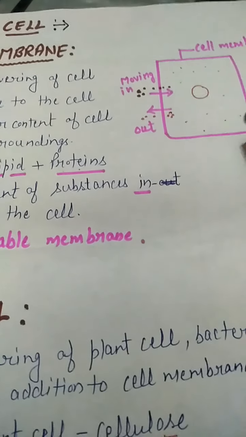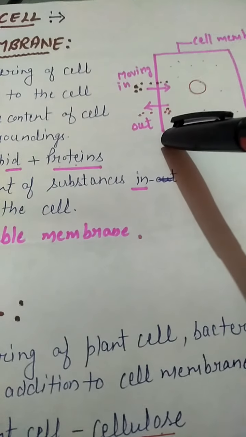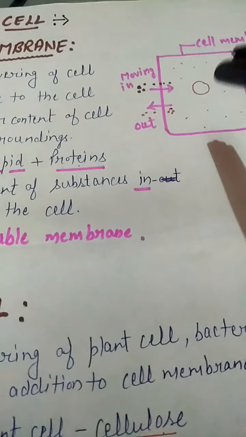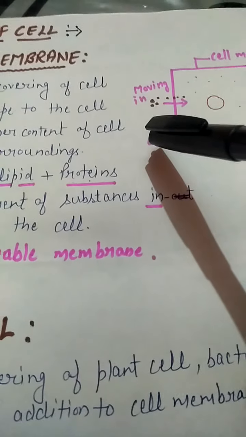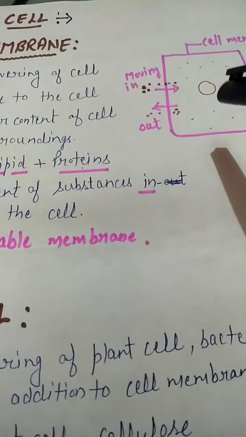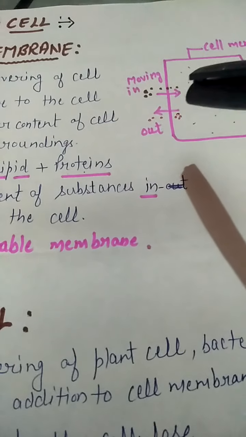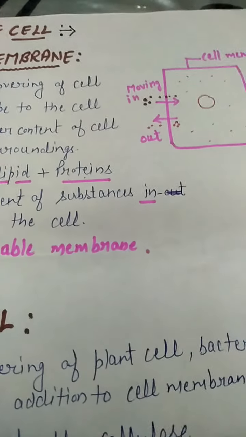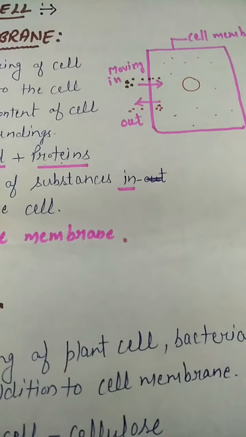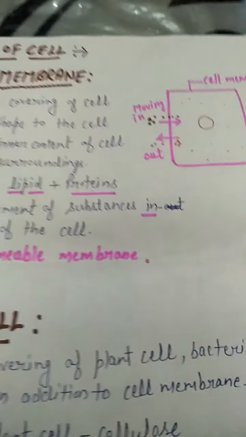Plasma membrane is a semi-permeable membrane. Why do we call it a semi-permeable membrane? Because it allows only selective material to move in and to move out of the cell. How these molecules move in or move out through the plasma membrane will be explained in our next video, which I will send today only. In that, diffusion and osmosis will be discussed, and with the help of those videos you would be able to understand the transportation of material in and outside of the cell.